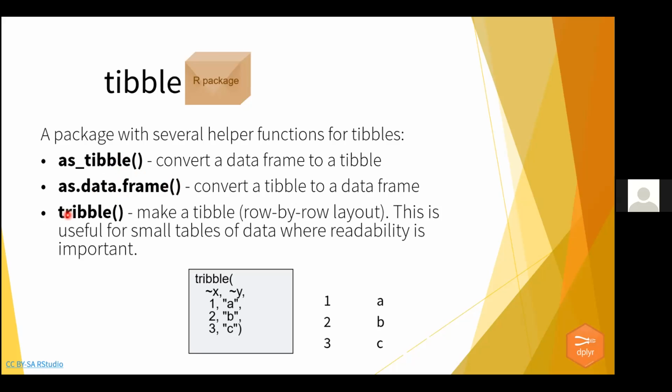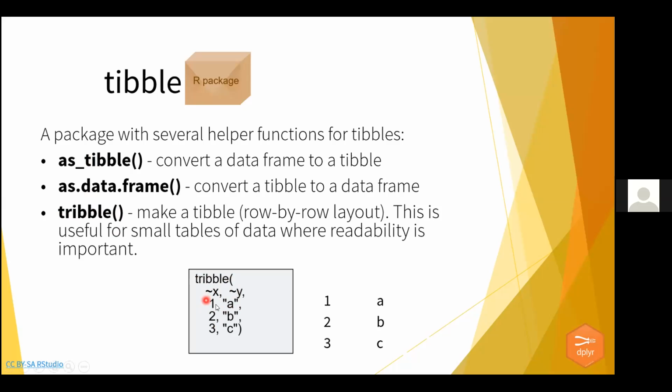There is a difference between tibble and tribble. Tribble is a command which gives you a tibble, and tibble is also a command which gives you a tibble. So there are 2 ways to construct a tibble: one way is to write tibble, and the other way is to write tribble. The difference between these 2 commands is that in tribble you have to write data row wise, case wise. For example, this one is the tribble, and ~x and ~y are the variables, with 1 and a, 2 and b,